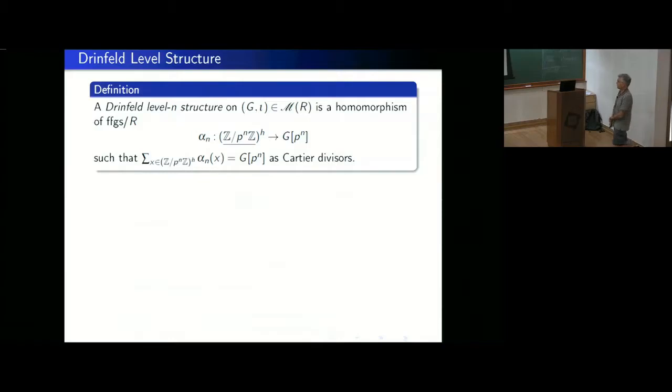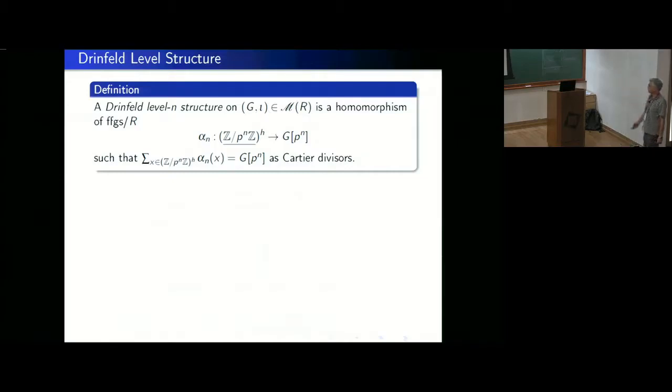So a Drinfeld level p^n structure on a couple (G, iota) is a homomorphism of finite flat group schemes over R, over the ring where this (G, iota) is given, from the constant group scheme (Z/p^n Z)^h to the p^n-torsion of our p-divisible group. And the crucial thing is that if you sum the images, the image of every point x is a section, right? The image is a section, and I say as Cartier divisors, well, you may argue that this is not